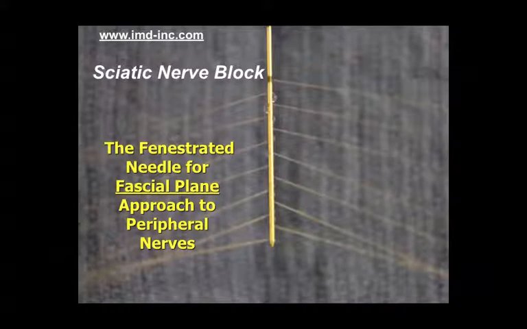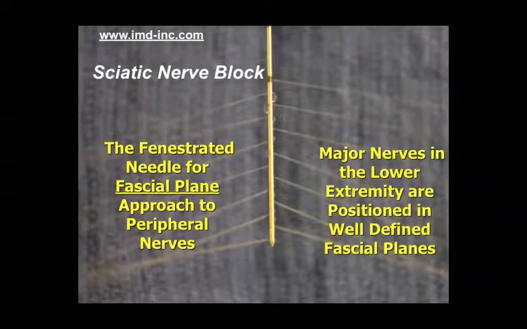The sciatic nerve is the nerve that we want to illustrate with this particular segment. We've noticed that major nerves in the lower extremity are positioned in well-defined fascial planes. And using that knowledge, we can use a needle to deliver local anesthetic into those tissue planes and get local anesthetic to the nerve without having the needle in immediate proximity, especially the needle tip in immediate proximity to the